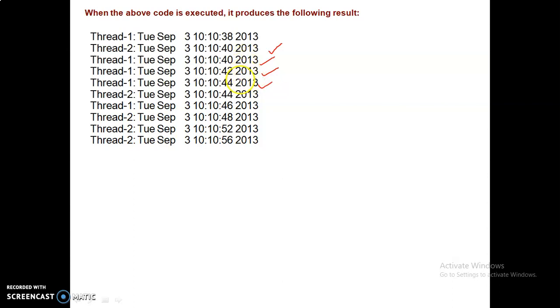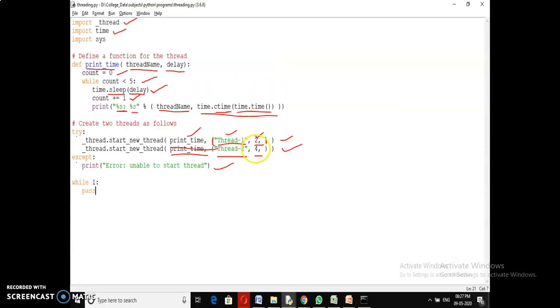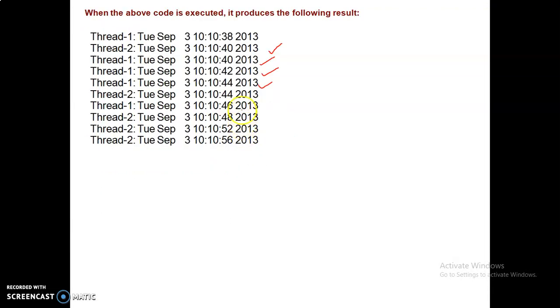Why? Because thread 1 runs 3 times, as here we have given thread 2 a delay of 4 seconds. Up to that 4 seconds of time our thread 1 will be in execution, so it executes 3 times, and at the 4th second thread 2 starts execution. Again thread 1, again thread 2 for 3 times. Based on the delay time which is given, these will be executed. In the next class, we'll see threads again.